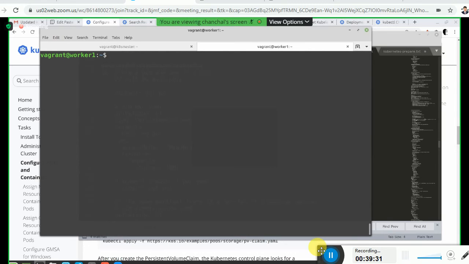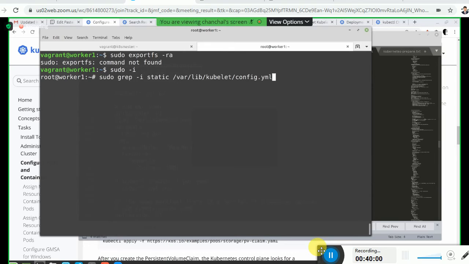Okay, so it is sudo exportfs. Sudo. Yes, exportfs, I think, showmount -e. The exportfs command must be run in the master.